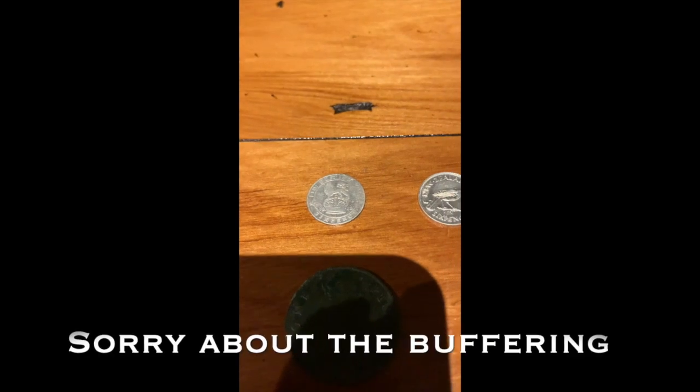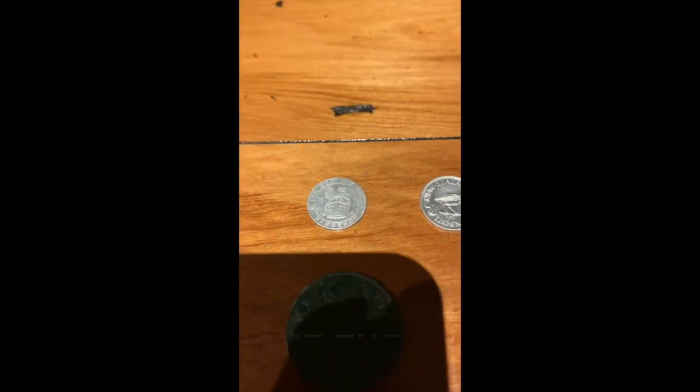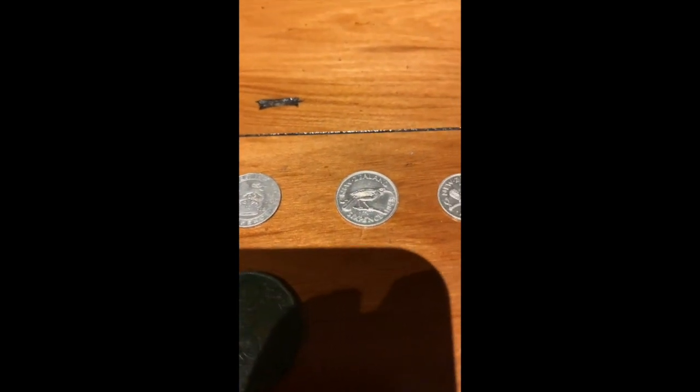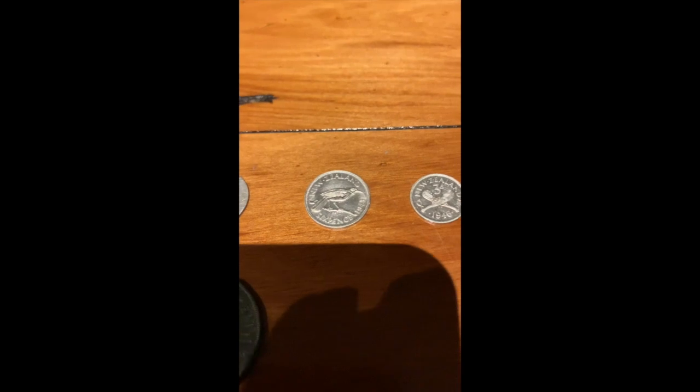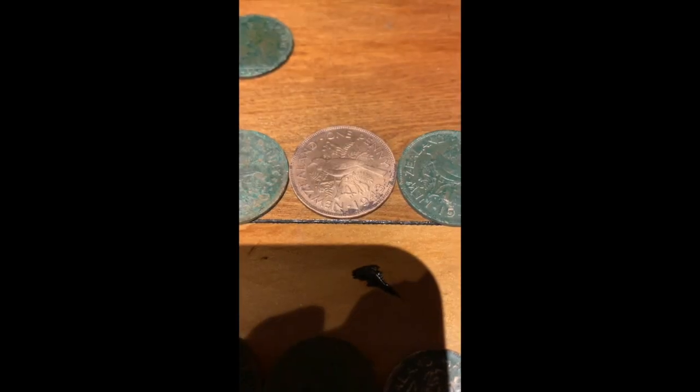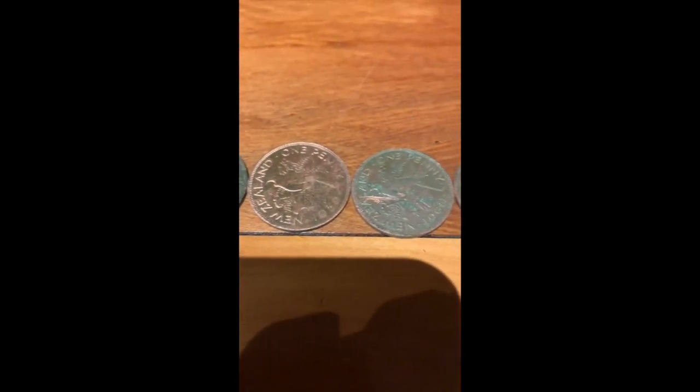So, finds for the week. 1912 UK sixpence. A nice New Zealand sixpence. 3 New Zealand 3Ds. All silver. They come up pretty nice, don't they? 1 UK penny, about 1935-ish. Quite a few New Zealand pennies. That one I did with the drill and polished it up quite nicely. And then you can see them spanning all the way to 1962, I think it was, another one under the drill, and